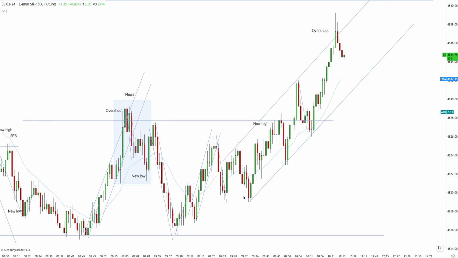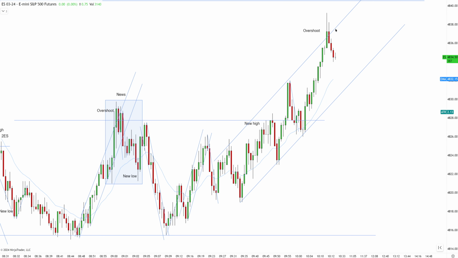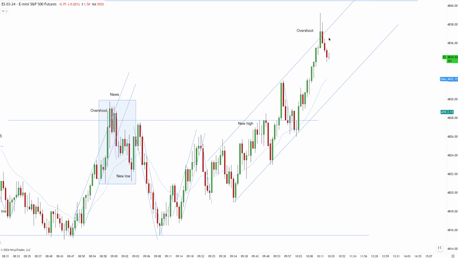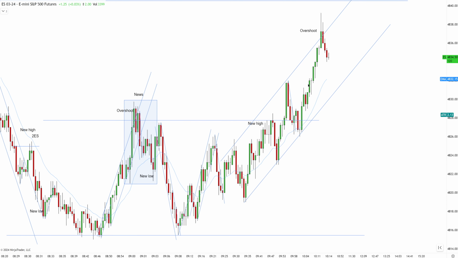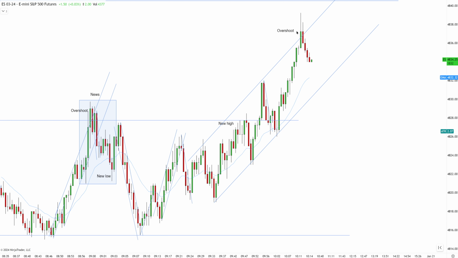So I'm connecting the first three swings, allow me to spot the channel. We have many overshoots, so I'm going to be paying attention how strong this pullback is going to be. But as of right now, the imbalance transformed into breakout pullback and we have a brand new channel established. I need to be careful because we have potential overshoot here.